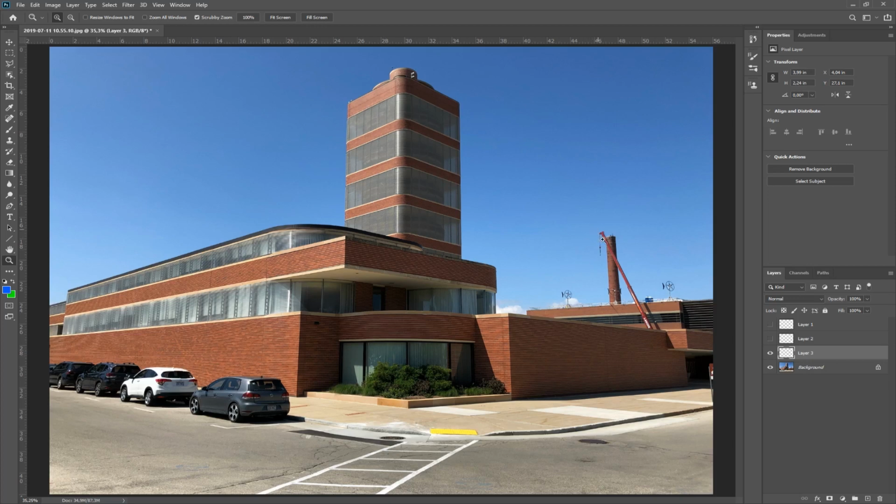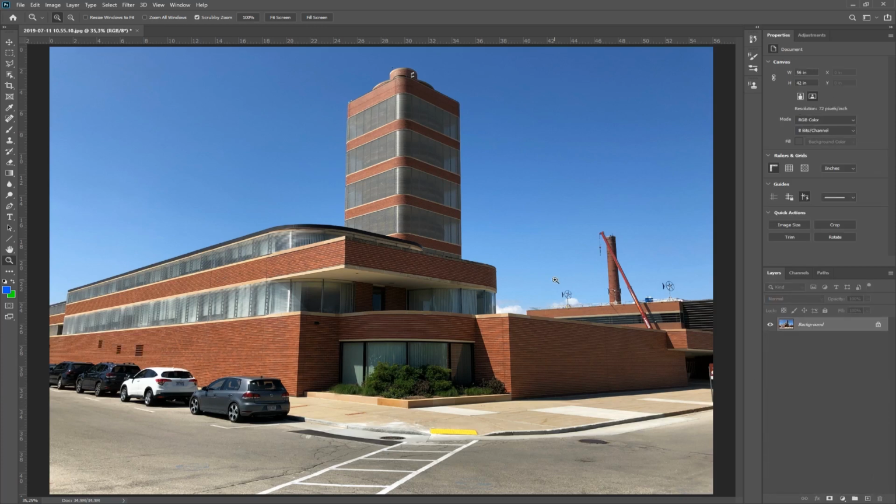Though if you want to get rid of the crane, that is plain clone stamp tool, I guess, or the sky is really simple to remove, and then you have a nice picture. I'm not going to remove more than that. Right now, I'm not interested in that. Let me remove the changes one more time, because the last thing I would like to show you is, again,